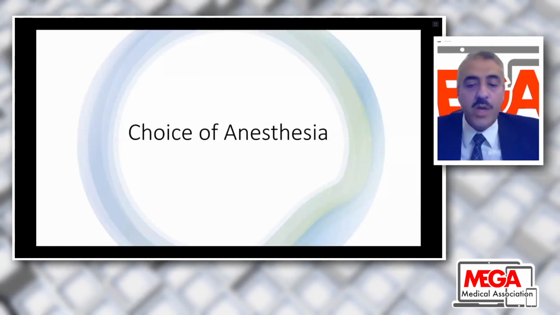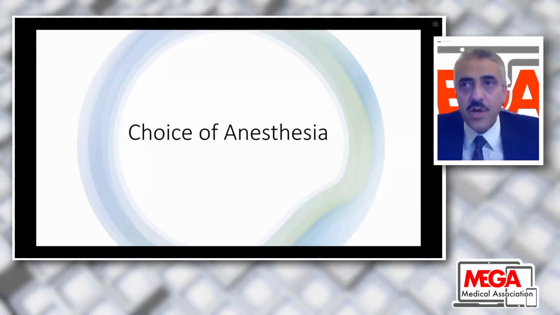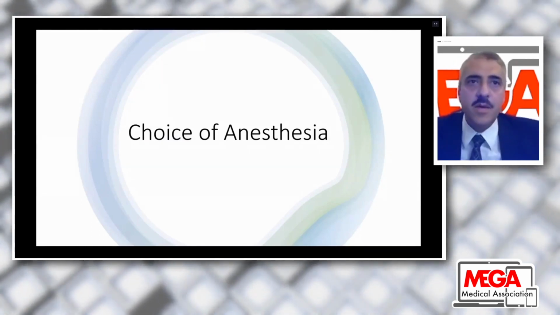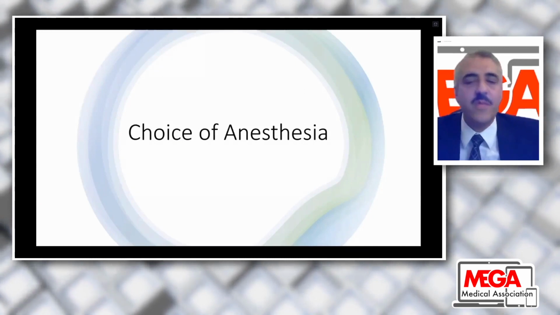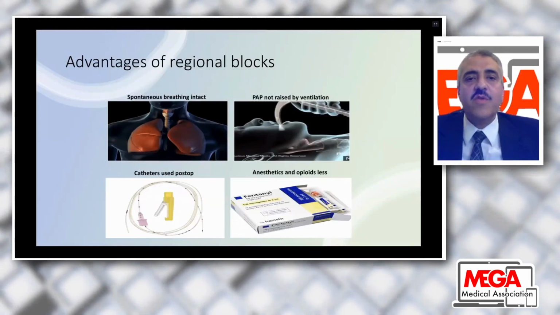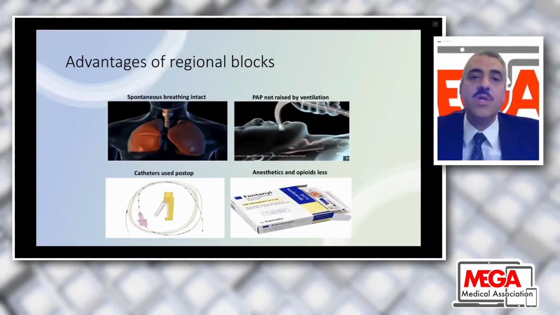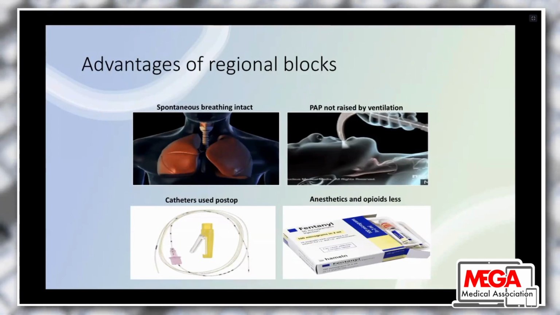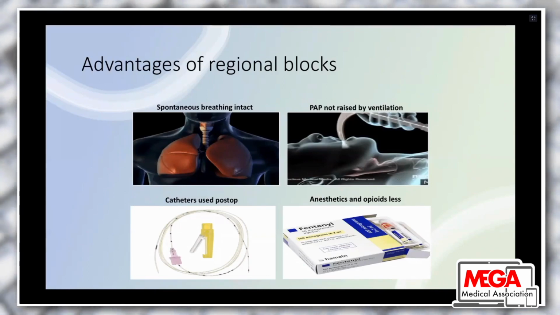As for the choice of anesthesia, we can give the patient either general anesthesia or a regional block like spinal, epidural, plexus block with catheter, or nerve block. Any regional block has the advantage of keeping the spontaneous breathing of the patient intact. In regional blocks, usually we don't need to intubate the patient and start mechanical ventilation, and both increase the pulmonary pressure. We can extend the regional block for post-operative analgesia with the catheter technique, and